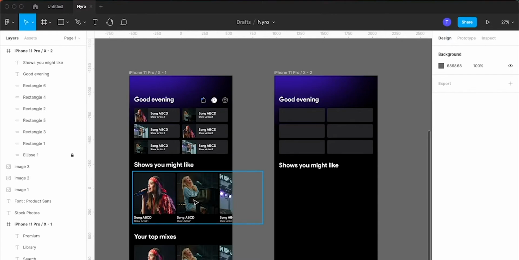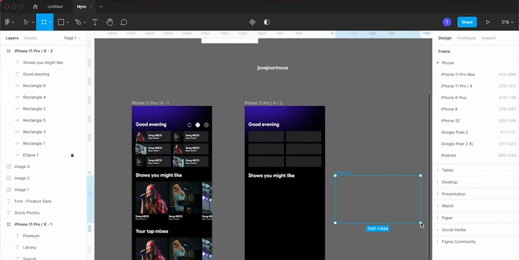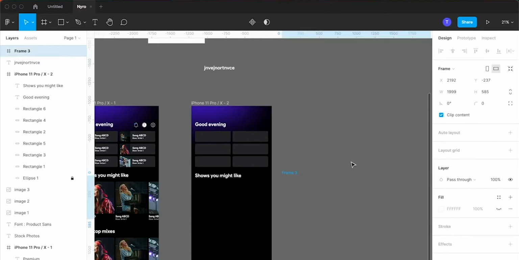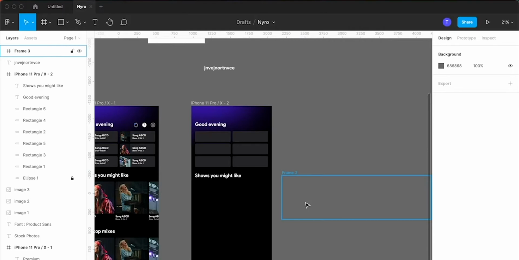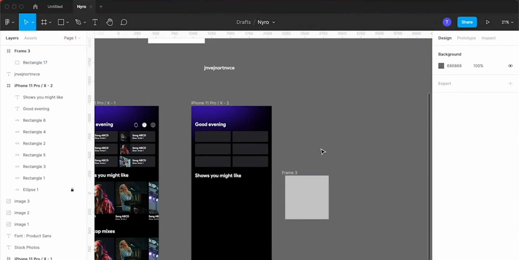Now for this section, we need to make an invisible frame to insert these channel arts or cover pictures. Just simply press F on your keyboard and drag a frame. And just turn off the layer visibility. So as you can see, the frame is now invisible. Over here we need to make the rectangles, so just press R on your keyboard and hold down Shift and drag to make a perfect square. But as you can see, because the frame is invisible, we are facing some problems while creating the squares.